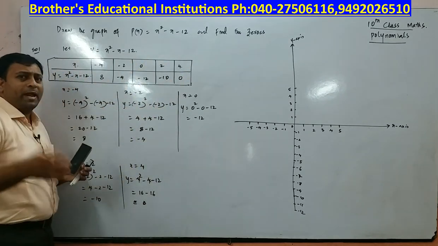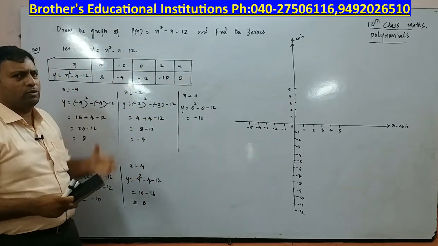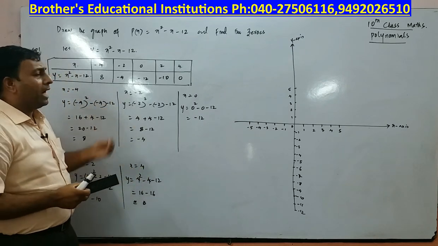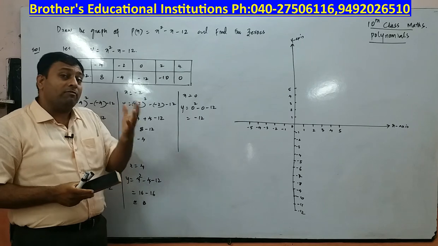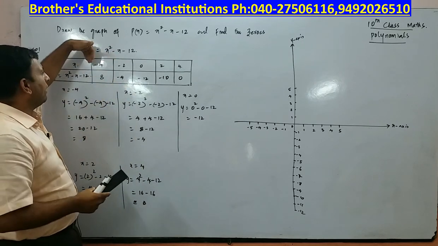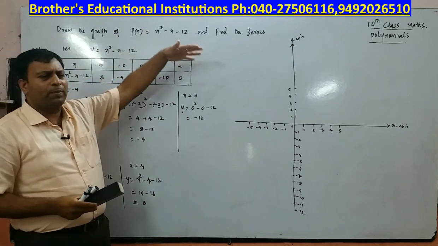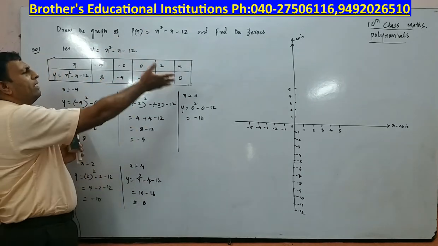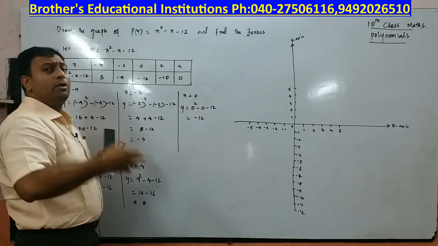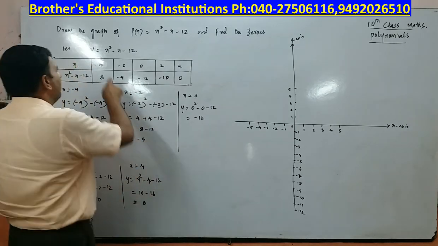Now you will be surprised, sir, from where you got these values. So these are all imaginary values I am taking on my own, and I will tell you at the end what values I should take in here. Right now I am taking these values randomly, from minus 4 to plus 4. Make sure that you don't take too many values, right? You take a maximum of 5 values, because it will make your graph simpler. So I will take minus 4.